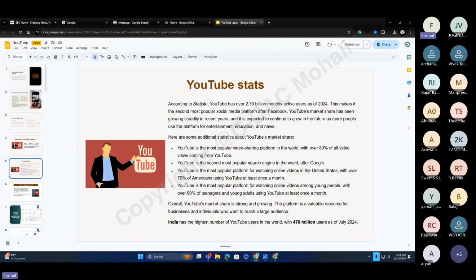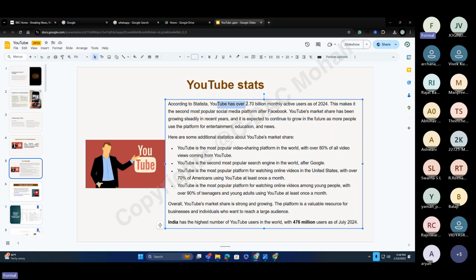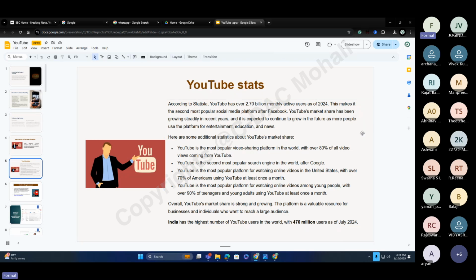If you talk about stats, according to Statista, an online service that provides different types of stats, YouTube has over 2.7 billion monthly active users as of 2024. It makes it the second most popular social media platform after Facebook. Okay, so you can see it has a lot of potential. A number of people are using